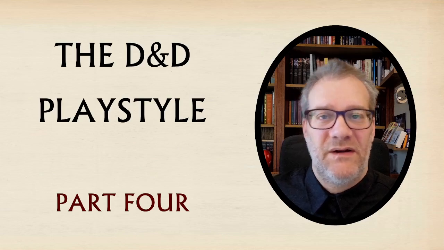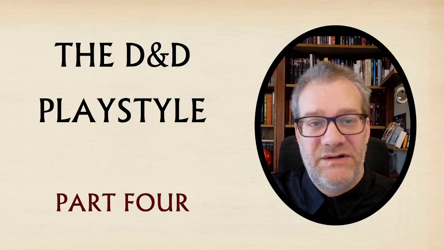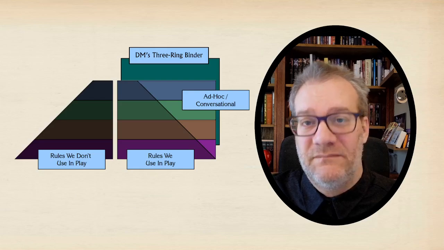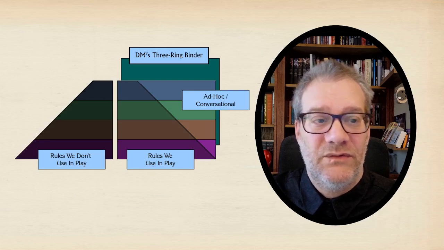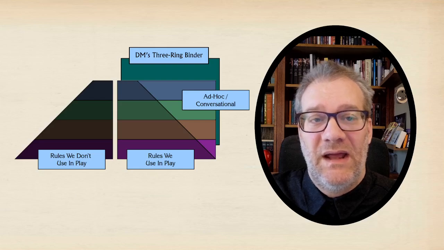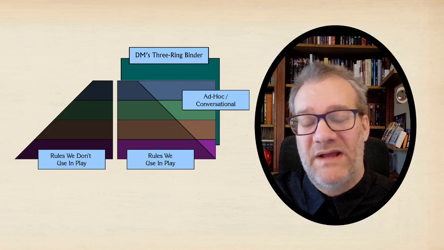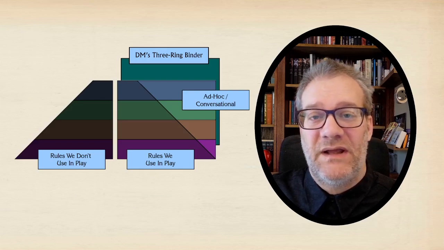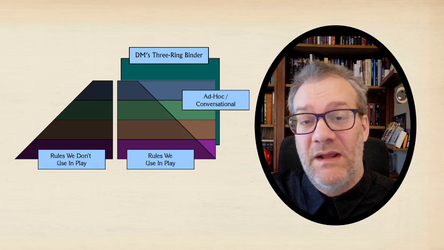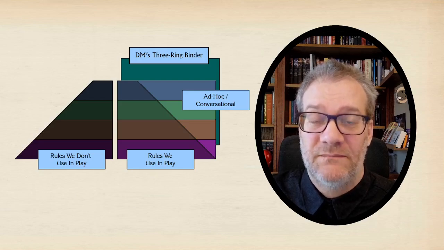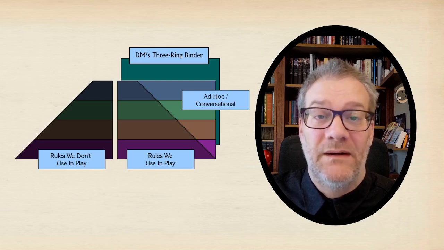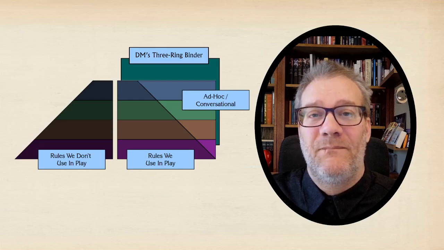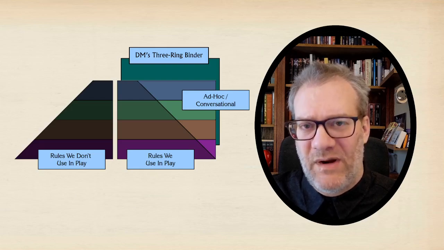So here's another picture, just to keep the conversation inside the paradigm so far. What we're adding right now is the rules that we don't use in play. The characters in your game won't cast every spell in the book. They won't use all of the physical and all of the combat rules unless someone is playing a grappler, in which case I'm so sorry, and so on. There's a lot of stuff you're not going to be using. Stick a pin in that. We'll be right back to it.